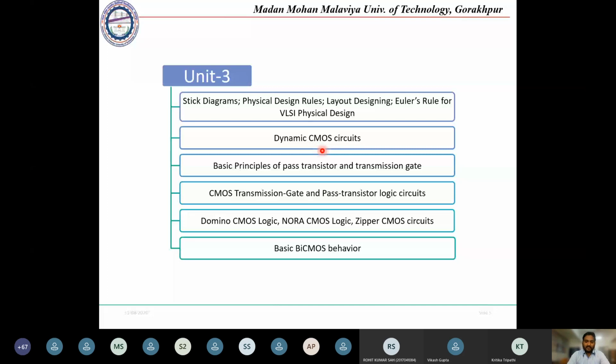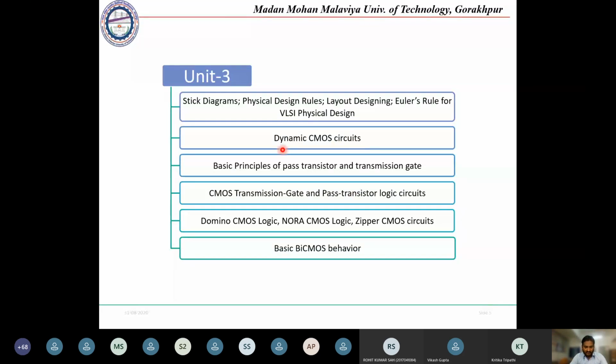Some IITs have virtual labs, so we are checking that also. Whichever is more user friendly, we will share with you how we will take our labs. The next topic we will be considering is CMOS transmission gate and pass transistor logic. Based on the transmission gate and pass transistor, we will be designing CMOS logic, like combinational and dynamic circuits also.